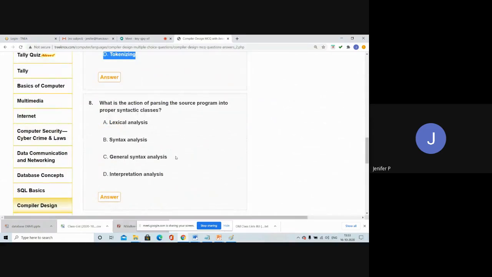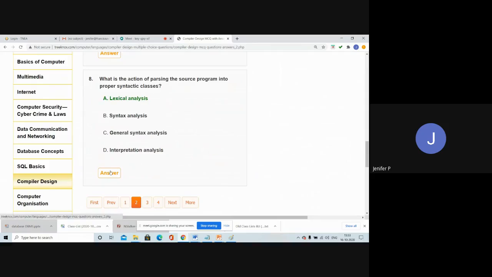Then what is the action of parsing the source program into syntactic classes? Okay, syntactic classes. So source program into proper syntactic classes. The source program input comes to lexical analysis. So lexical analysis will be your answer. And the next one,